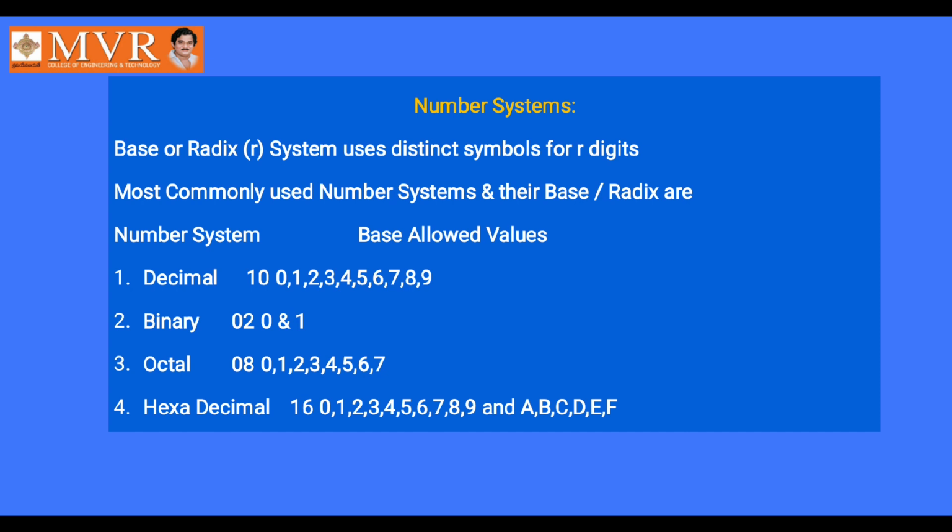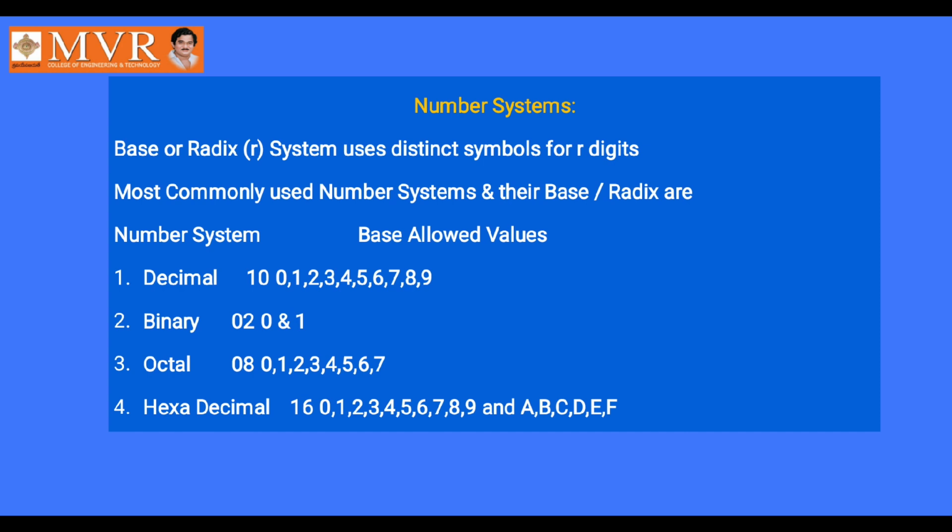You see, 8 numbers are there; octal stands for 8. If you want to represent these 8 numbers 0, 1, 2, 3, 4, 5, 6, 7, you need 3 positions: 000, 001, 010, 011, like that. So 0 to 7 are represented using 3 bits, either zeros or ones, starting from 000 to 111.